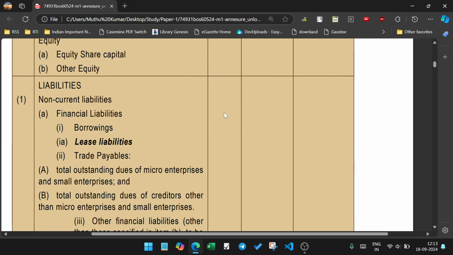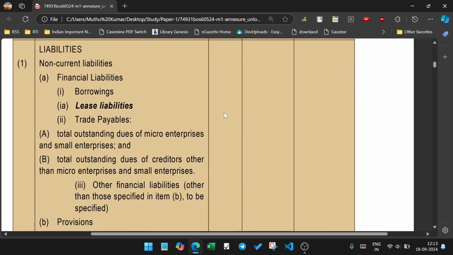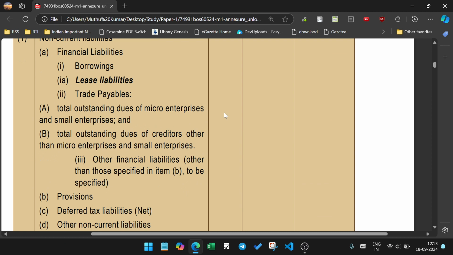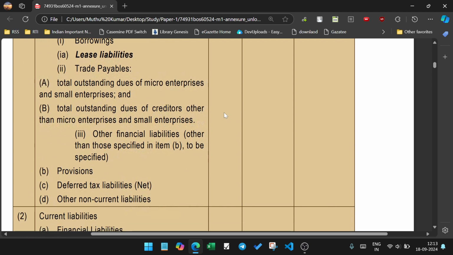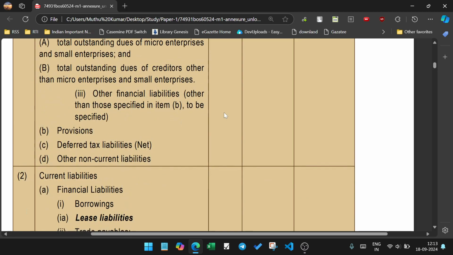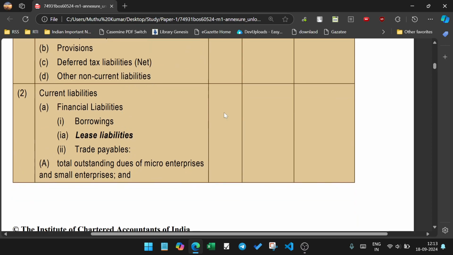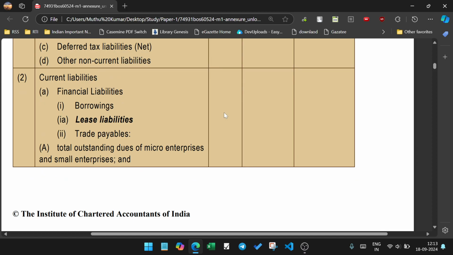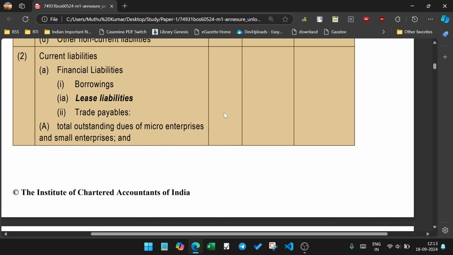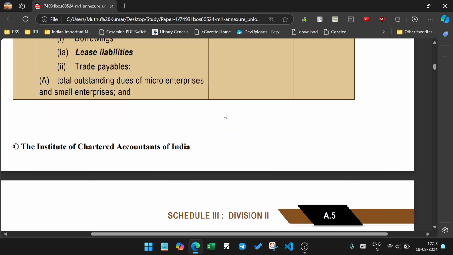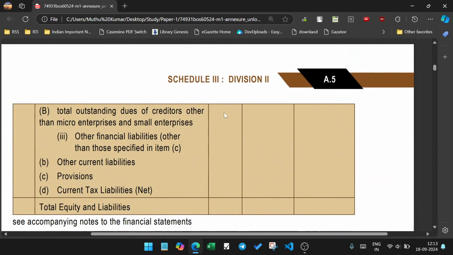liabilities, non-current liabilities, financial liabilities, borrowings, lease liabilities, trade payables: total outstanding dues of micro enterprises and small enterprises, total outstanding dues of creditors other than micro enterprises and small enterprises, other financial liabilities other than those specified and to be specified, provisions, deferred tax liability, other non-current liabilities. Current liabilities, financial liabilities, borrowings, lease liabilities, trade payables: total outstanding dues of micro enterprises and small enterprises, total outstanding dues of creditors other than micro enterprises and small enterprises, other financial liabilities other than the specified items,